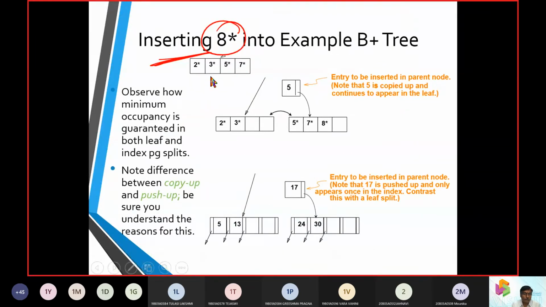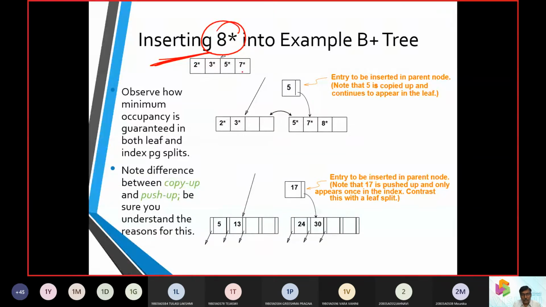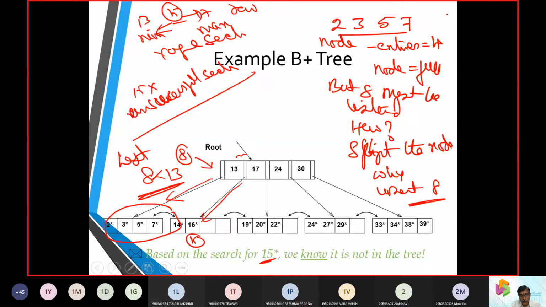So we have taken up 2, 3, 5, and 7, and the new node is 8. Now we break this point: 2, 3 as L, and 5, 7, 8 as L2. Why did we do it?